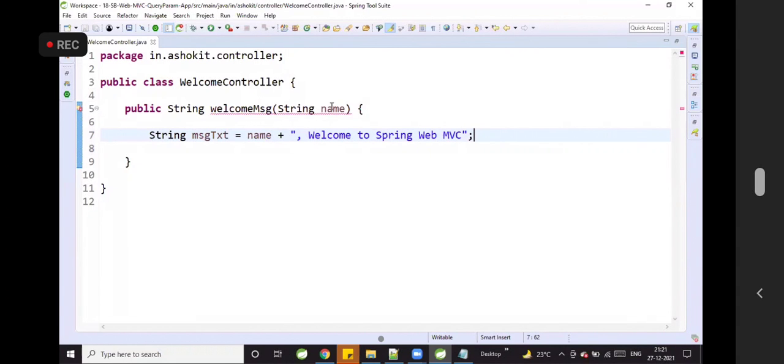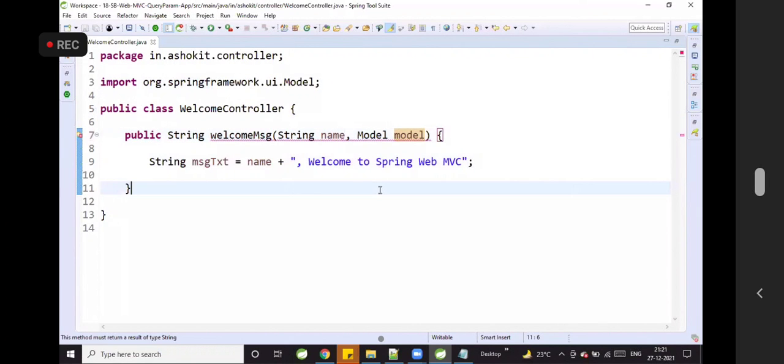That is the message. Whatever name we get, we take that name and send the data. For that we are taking a Model object as a parameter.